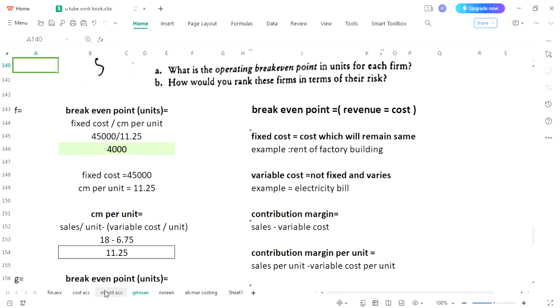So what I was saying, if you were here just to see the solution of this question, then consider that the lecture has ended. You may go now. But those who want to understand the meaning of these 4,000 units, for that we will prove it. Break even point was the point which we have discussed, where there is no profit, no loss. Revenue is equal to cost. Now we will prove that if we manufacture 4,000 units in firm F, we will be at a point where our net margin would be zero. For that purpose,